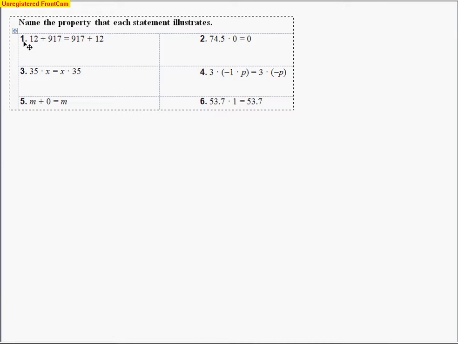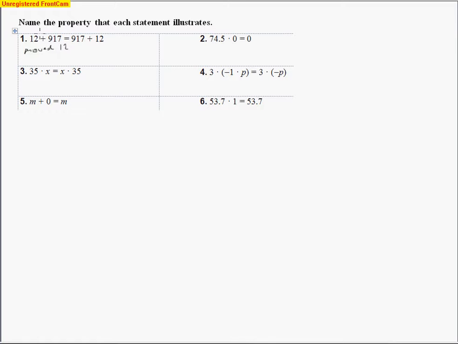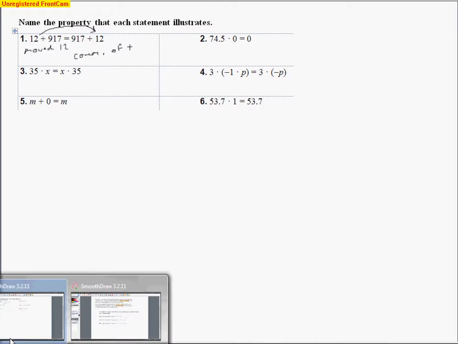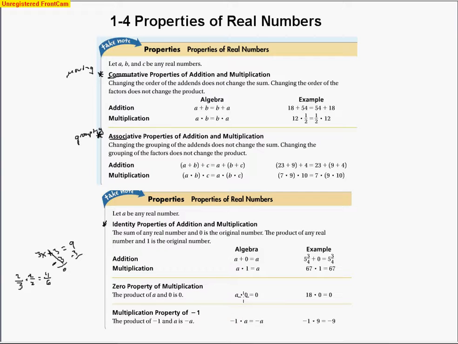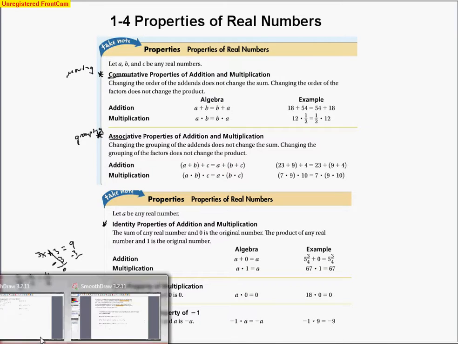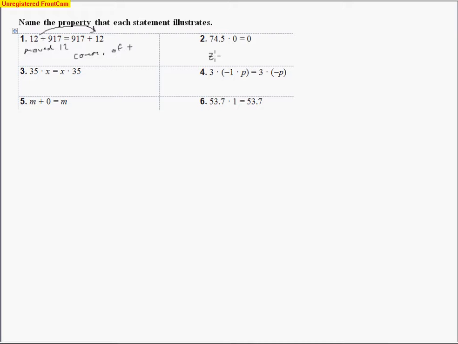Here it says to name the properties that are occurring. So let's take a look at the first one. I see that 12 plus 917 is the same thing as 917 plus 12. So what they did is they moved 12. They switched it to the other side of the 917. So that's the commutative property. It's the commutative property of addition. And looking at number 2, whenever you multiply a number by 0 and you get 0, if we go back here and look real quick, you can see that whenever we multiply a number by 0, we get that 0 property of multiplication. So 0 property